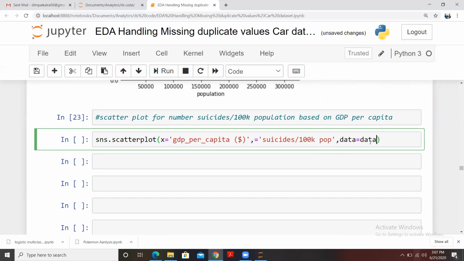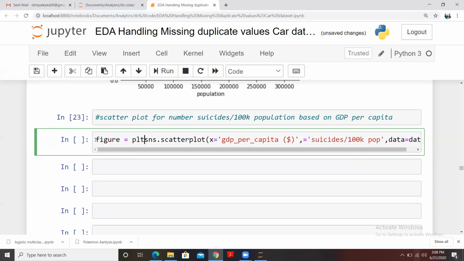Let me create this plot now. For the figure, which I want to increase, I have to write this code again and again so that you can have a clear visualization with a fixed size. I'm giving just 15 and 8.